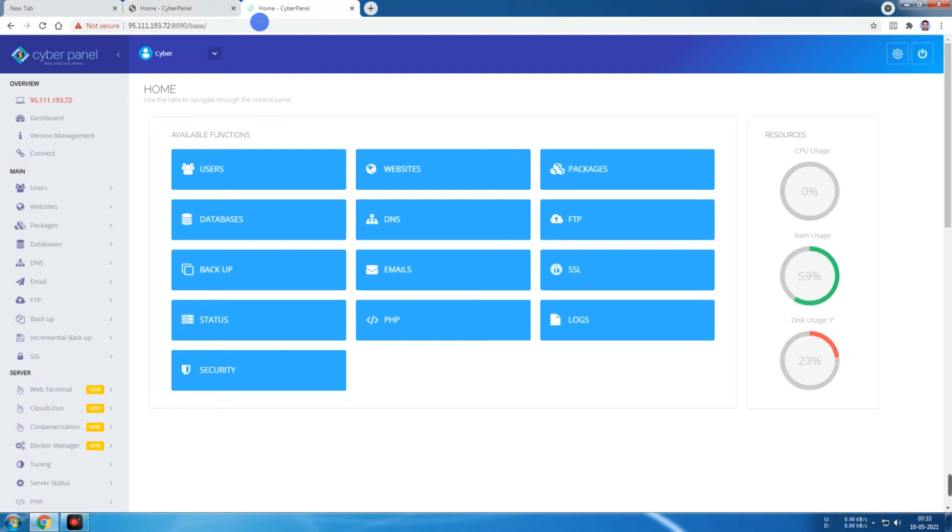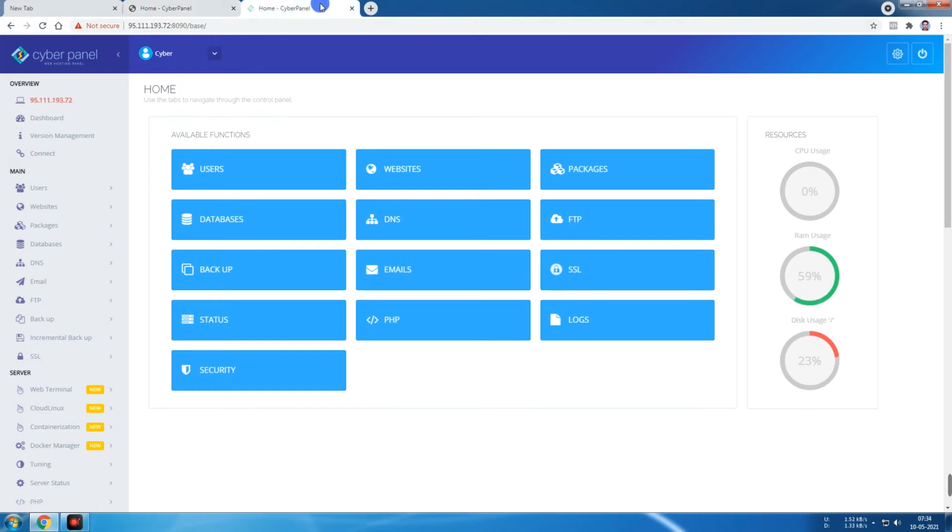And on the right side, the CyberPanel is installed with LiteSpeed Enterprise in Singapore. So today I am going to move one website from this hosting into this hosting.